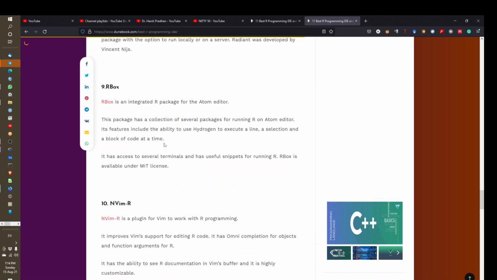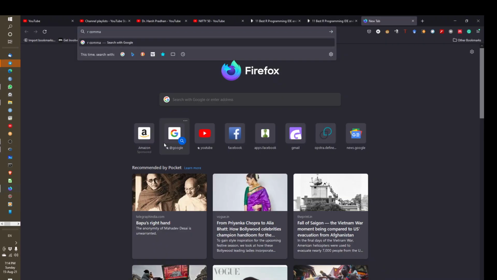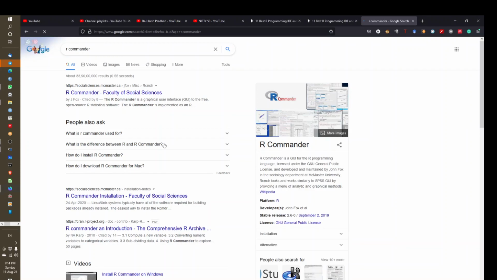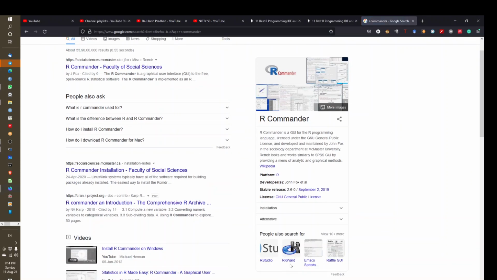Even there is one more good one, R Commander. So don't think R Studio is the only one. There are multiple GUIs for R. We will just try to go for R Studio. That's the most basic one.